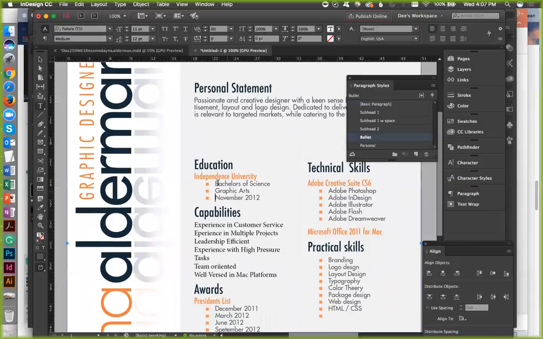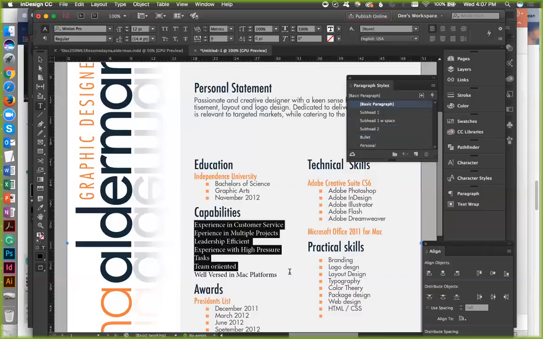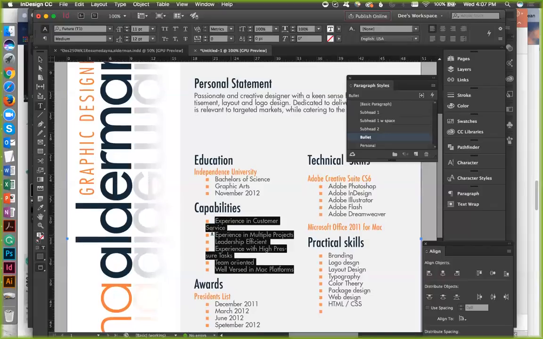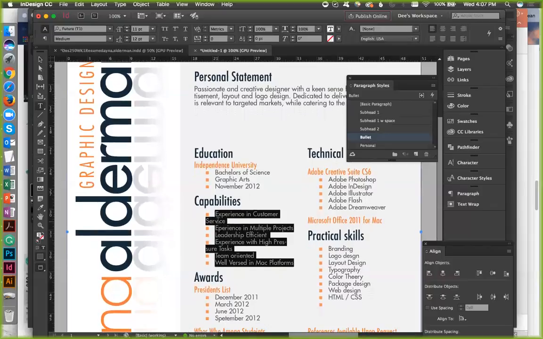Okay. Still, I'm not understanding why. That's an option. Click. It's there. I just don't get it. Subhead with space. No. Technical skills. Subhead 2. Subhead 2. They're all. I'm not going to fight with it. All right. Now notice. Here we go. Notice that this isn't working very well with the spacing.